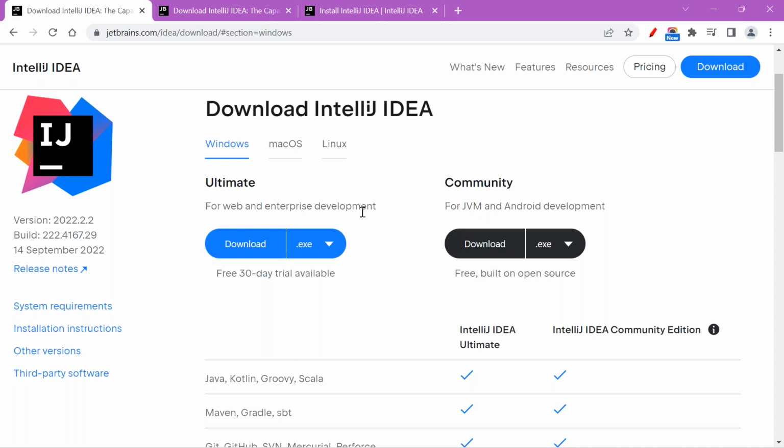You can very well download and do the coding. But when you are in the enterprise world, like big organizations, they won't allow you to download any software on your own. They provide a laptop to you. If you have a company-provided laptop, you're not allowed to download some software.